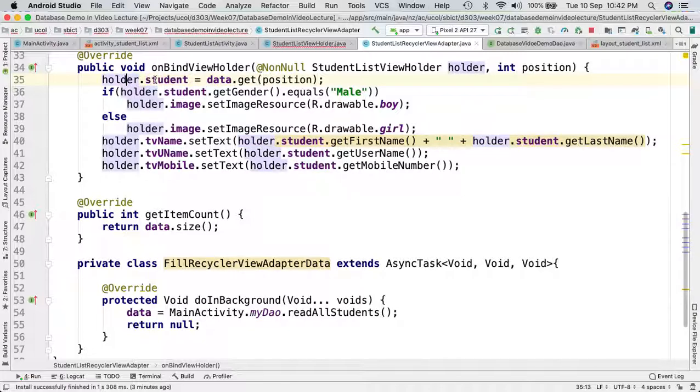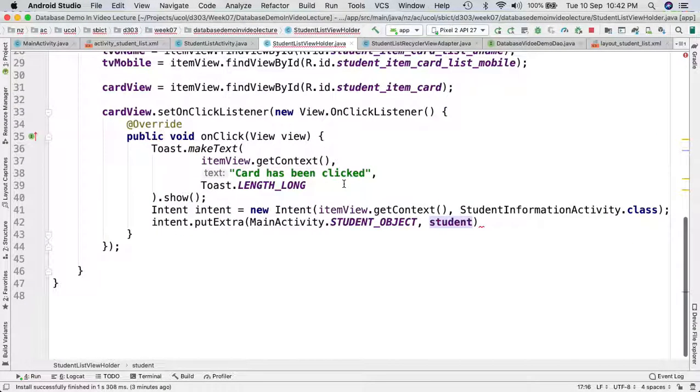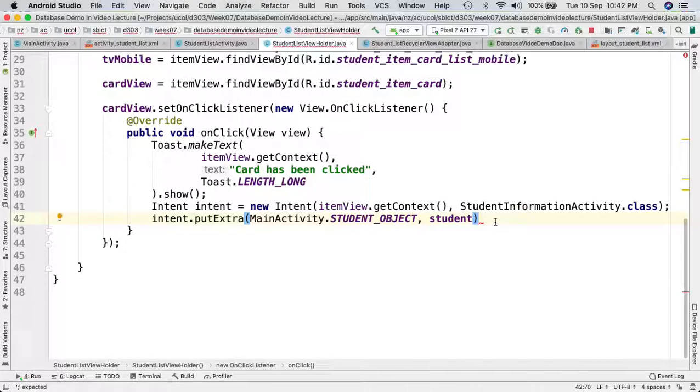So we are saying holder dot student is equal to getting data from that particular student list, initializing that particular holder. So it is already there. We are trying to put that student object inside our intent, and then we have start